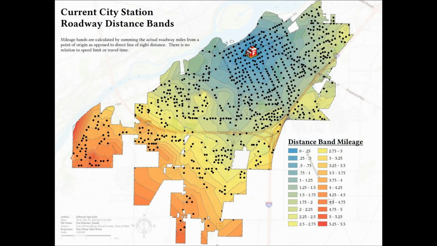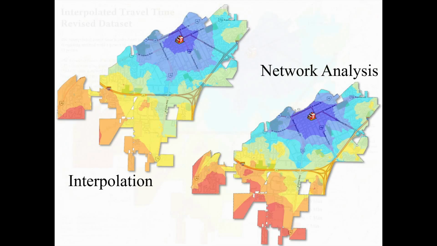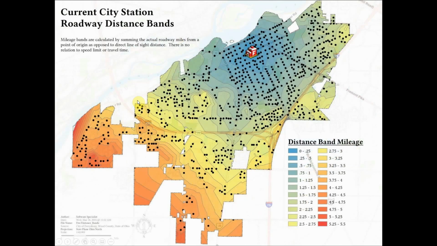So it would be great if we could actually create a model based on this real world data, not this hypothetical, so we could move this fire station around and see what the travel times would be like from different parts of the city. And we can do that